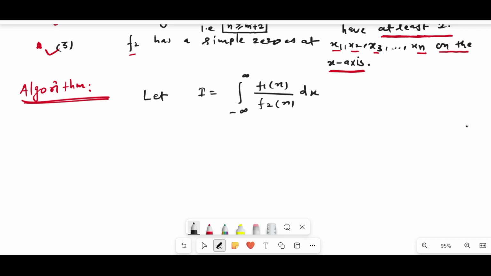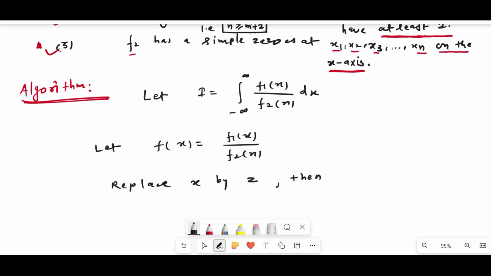Here we let f(x) equal to f1(x) upon f2(x). Second, we replace x by z. Then this integral will convert into the complex integral over C of f(z) dz,